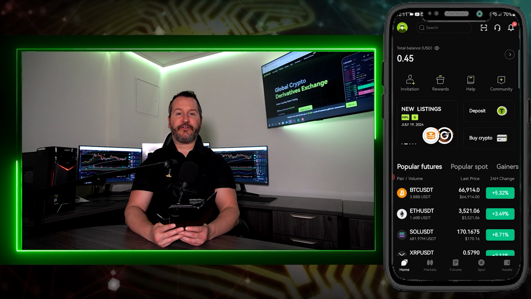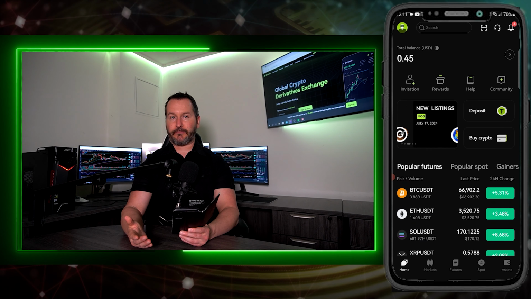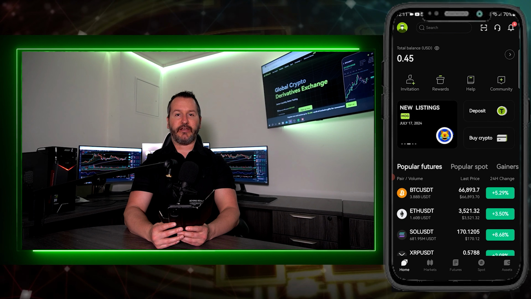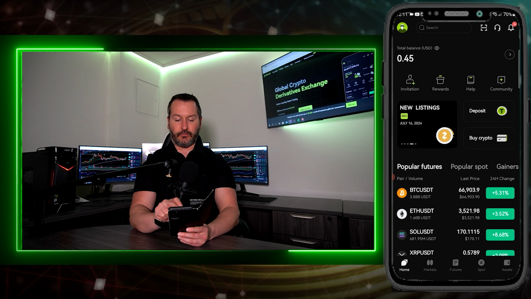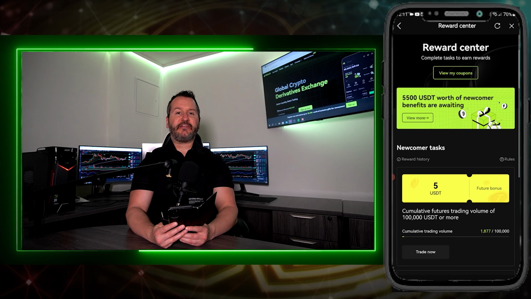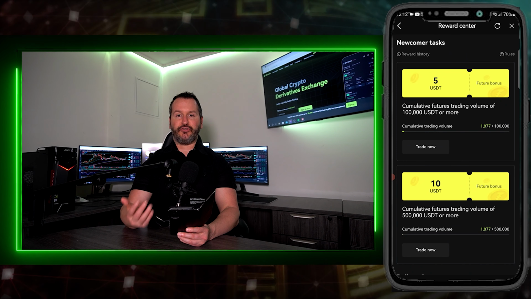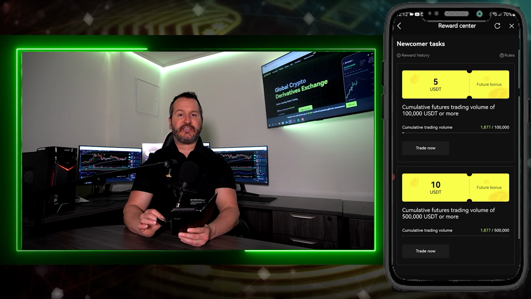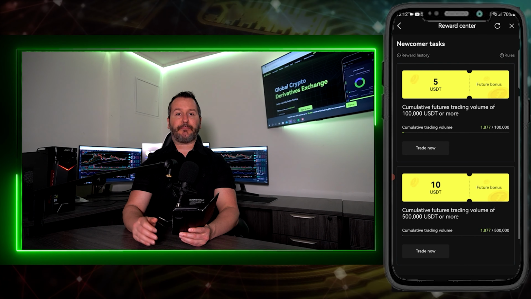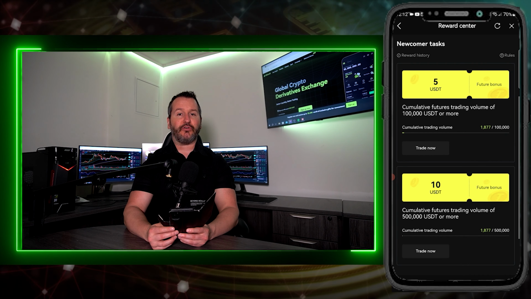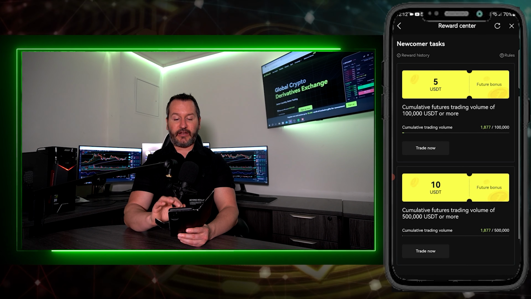And before I get any further with this tutorial, I'll show you where you can claim some rewards for that additional ongoing promotion that Bitunix is currently running, at least at the time of recording. To find those rewards, just tap right here where it says rewards. And this will bring you into the rewards center. If you scroll down just a little bit right here, you'll see that there's some newcomer tasks, and these are some bonuses that you can unlock by simply placing trades. You can use these bonuses to place additional trades, and the profits are yours to keep. So if you're going to be placing trades anyways, just remember to come in here and claim some of these